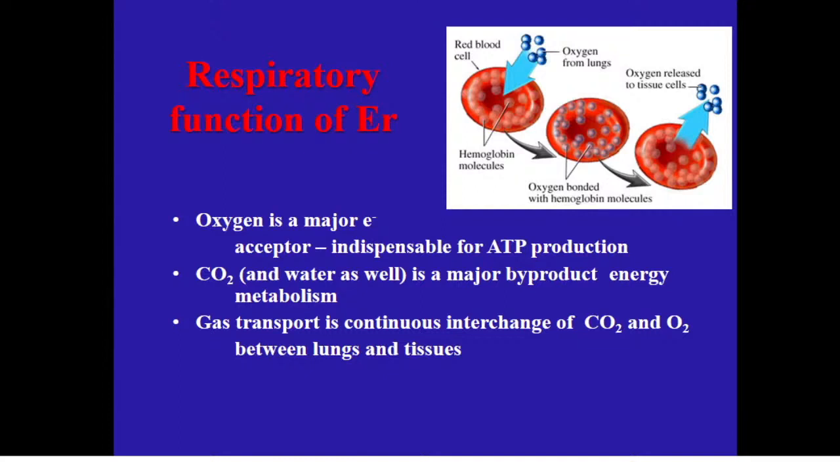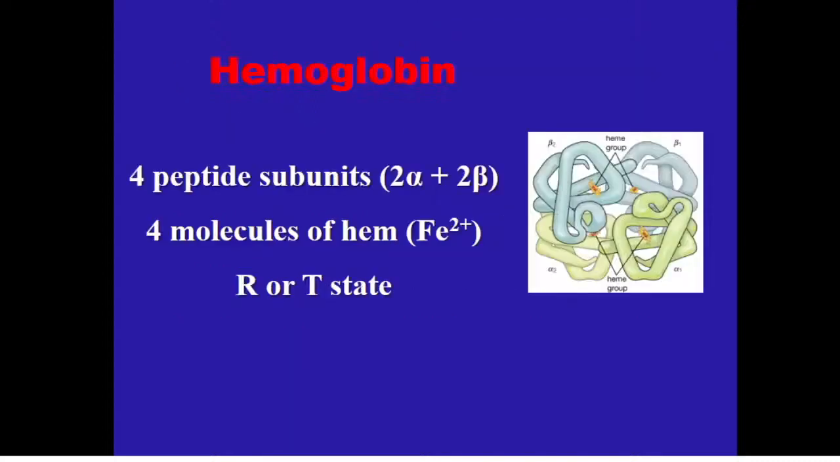Gas transport is the continuous interchange of CO2 and oxygen between lungs and tissues, and erythrocytes help in this process. The most important protein of erythrocytes for the transport of oxygen, of course, is hemoglobin. It is such an important protein, and it is very strange that part of the students cannot describe its structure correctly. When I ask, are all subunits of hemoglobin the same in primary structure, or maybe they are all different? A big part of the students immediately